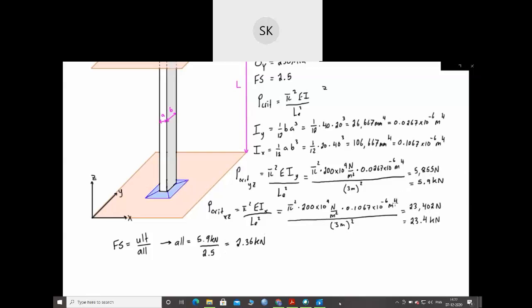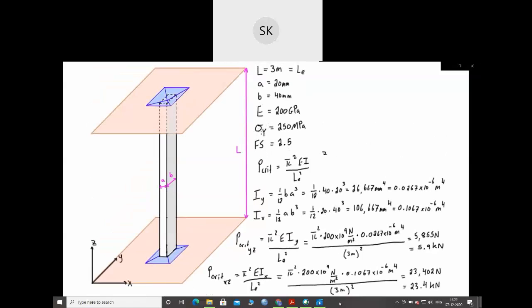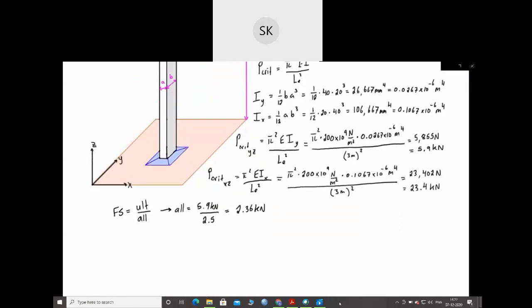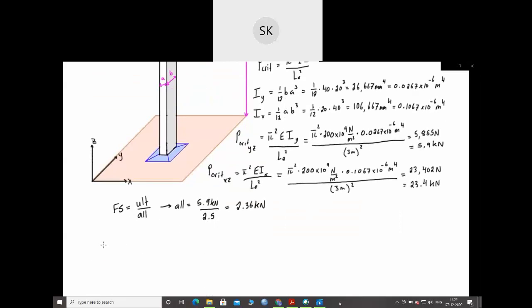The one other thing that we can check with a column problem is that it's possible the column buckles before it yields, or it's also possible that the column yields before it buckles. So if we want to quickly check that this column won't yield before it buckles and that this is in fact our true allowable load, then we come back up to the top here, where the yield stress was 250 megapascals for this particular material. So we have yield stress is equal to